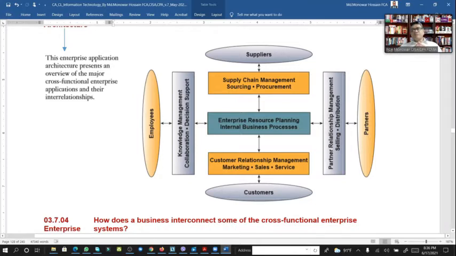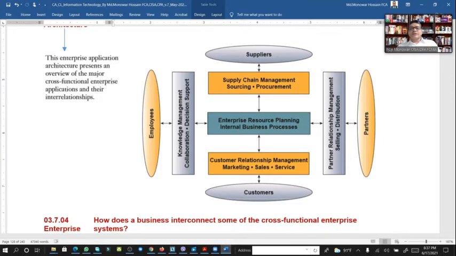In the middle, enterprise resource planning, the enterprise business processes that support knowledge management, collaboration, and decision support for the employees, and also partner relationship management, selling, distribution, proper channels through the partners or stakeholders, and also supply chain management,